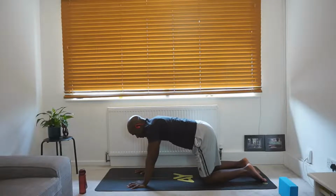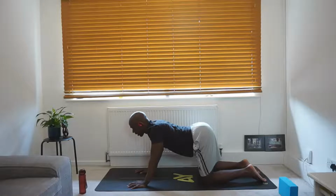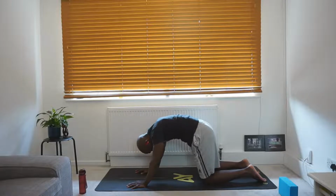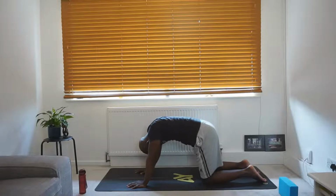We're going to undulate through the back as we come into some cat and cow. So on the inhale, drop the belly down. Let's take the gaze up towards the front diagonal. Draw the shoulder blades together. Exhale, rounding the upper back. Pressing our hands into the floor. Taking our gaze towards the navel. And again,